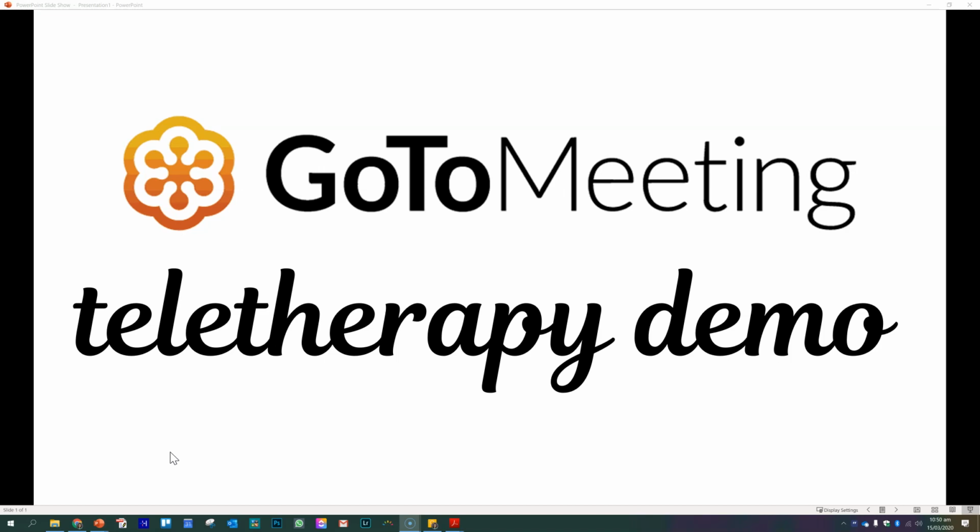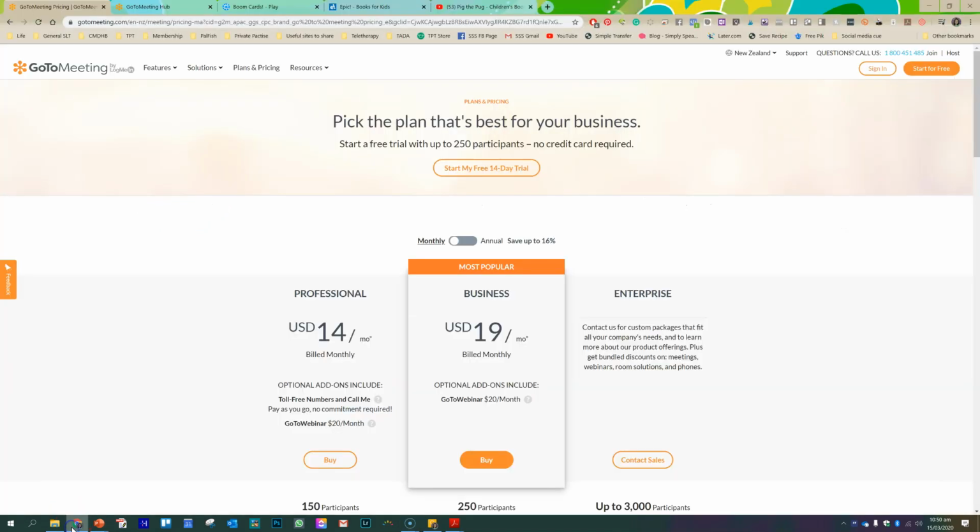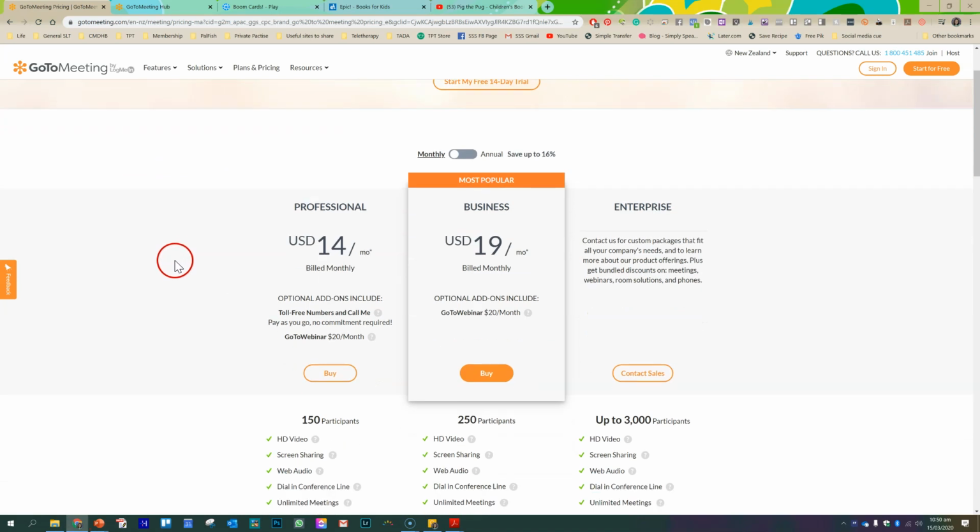Okay, and also I'm using a Windows computer today. However, everything I do here, except for when I print your PDF, will work on a Mac as well, as far as I know. It should work fine. It should roughly look the same as well. Okay, so all that being said, now let's have a look at the different plans for GoToMeeting, and I'll talk